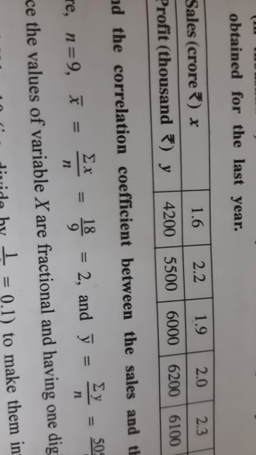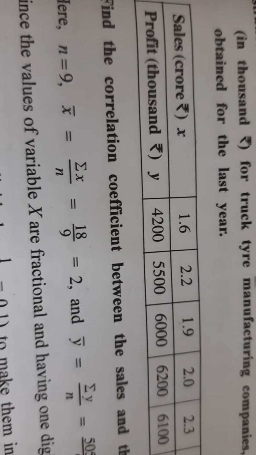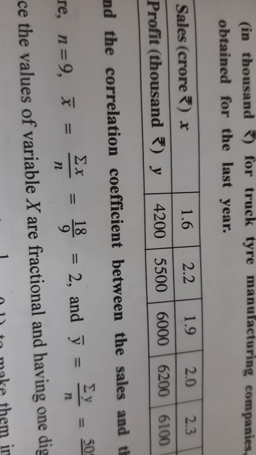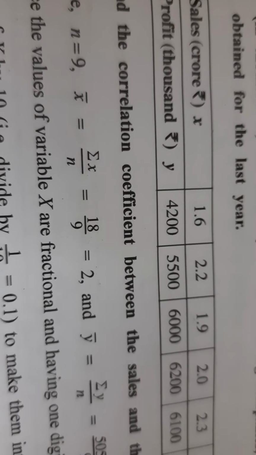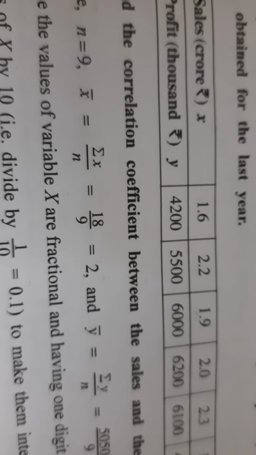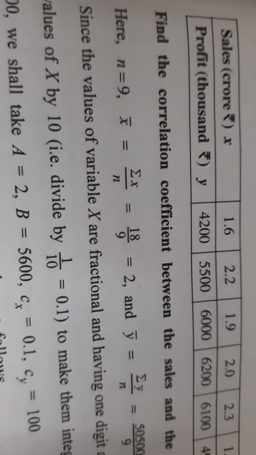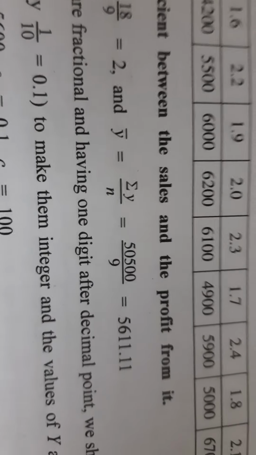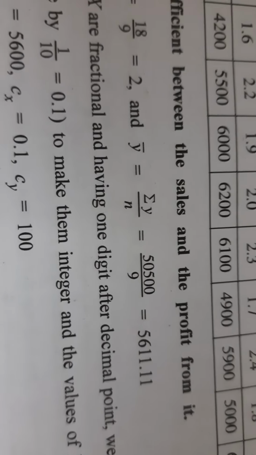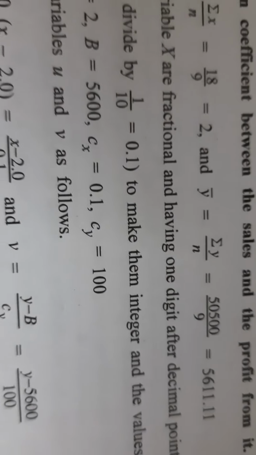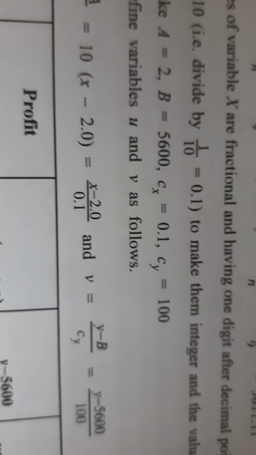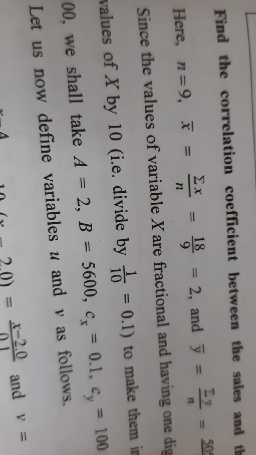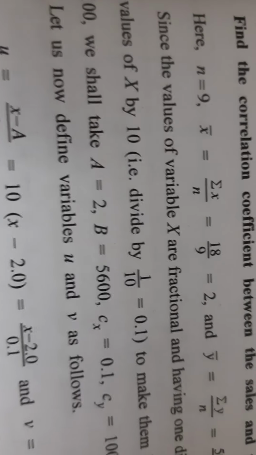So like this you can work out sums. Here x and y are given. X is 1.6, 2.2 etc. and y is equal to 40, 200, 5500 etc. And when you calculate x bar, it is coming to 2, whereas y bar is coming to 5611.11. Again we will go for a shortcut method here, and since there is a digit after the decimal point,